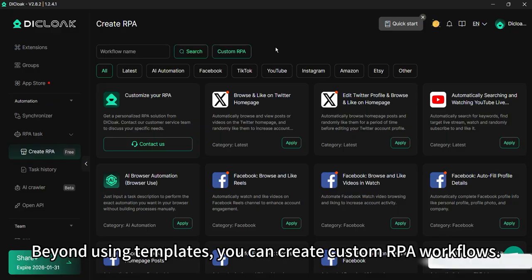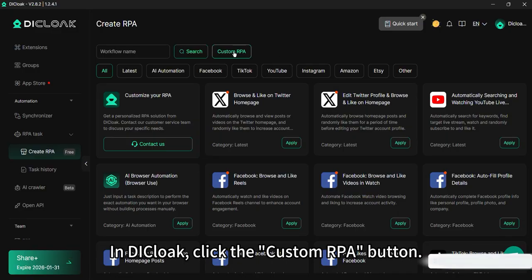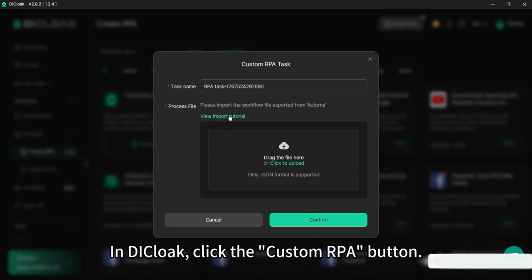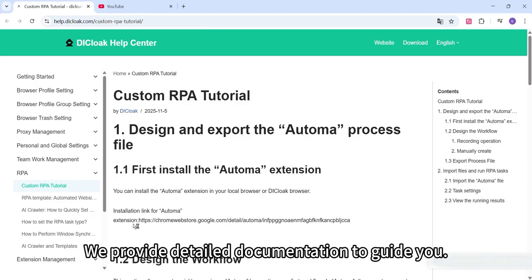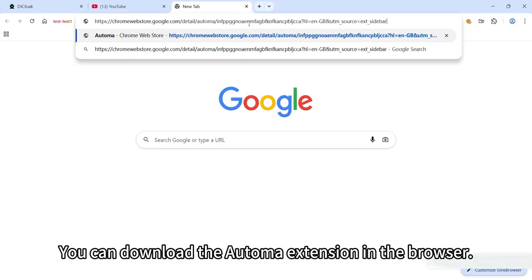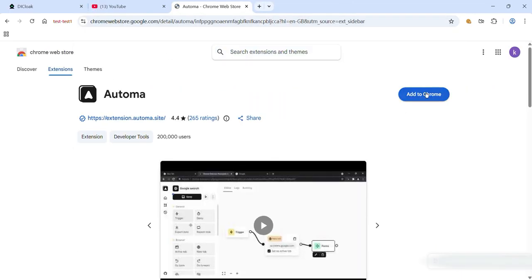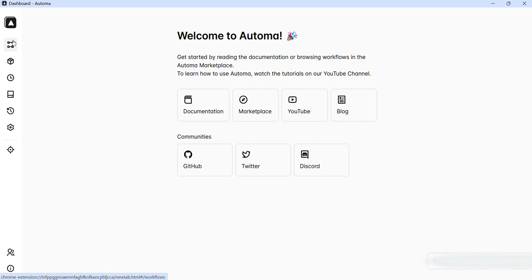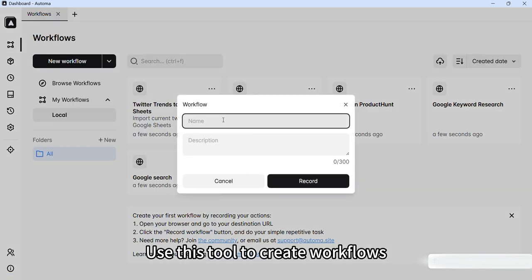Beyond using templates, you can create custom RPA workflows. In DICloak, click the Custom RPA button. We provide detailed documentation to guide you. You can download the Automa extension in the browser. Use this tool to create workflows